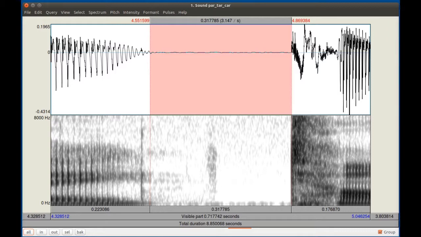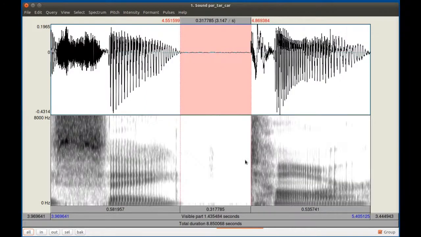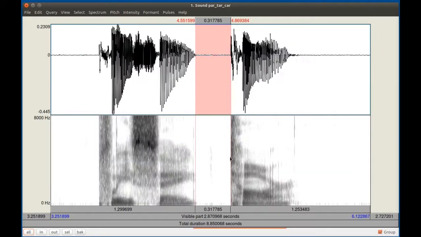And I would write all those things down in my notes, but in the actual box on my answer sheet for this stop closure duration, I would write in this number. And you don't need to include any decimal places in the milliseconds. We don't have that kind of precision here, right? All right. So then I need